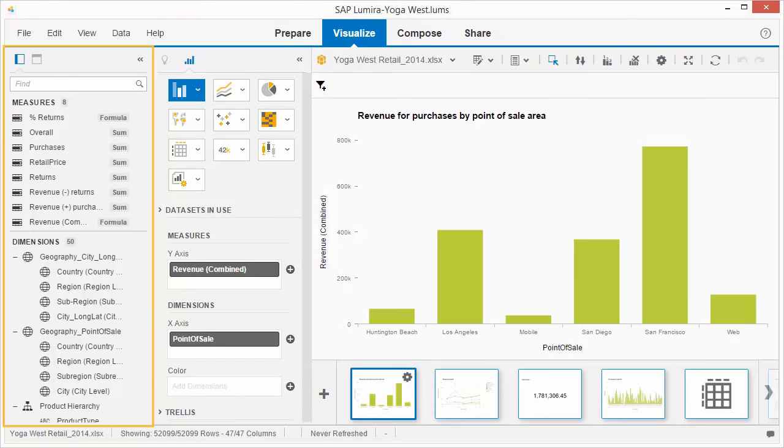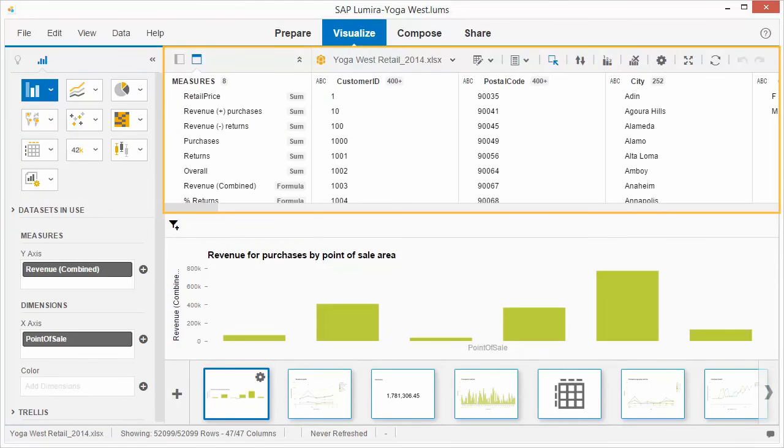In the Visualize workspace, we can build visualizations to render the values in our datasets in more meaningful ways so that outliers, trends, and other insights are easier to spot. The Visualize workspace includes the same Object Picker pane as in the Prepare workspace, so we have access to all of the measures and dimensions in the dataset.